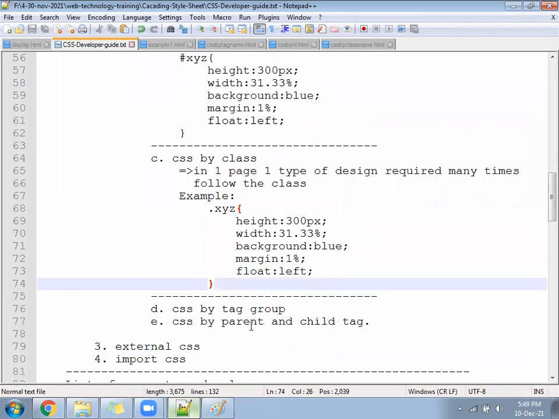Next, one more example: we can create CSS by parent and child. This is the last one, and we'll see some other things another day.